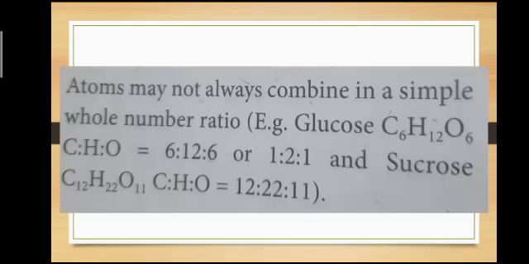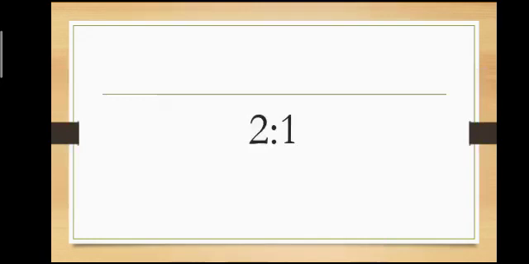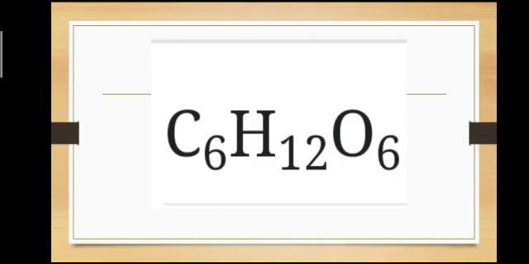Ratio of atoms in a molecule. We all know very well the water molecule. The atomic ratio between the hydrogen and oxygen. What is meant by atomic ratio? The number of atoms of hydrogen and the number of atoms of oxygen. If we take a ratio between them, the atomic ratio between hydrogen and oxygen in a water molecule is 2:1, which is a simple ratio. Next example, the formula for glucose is